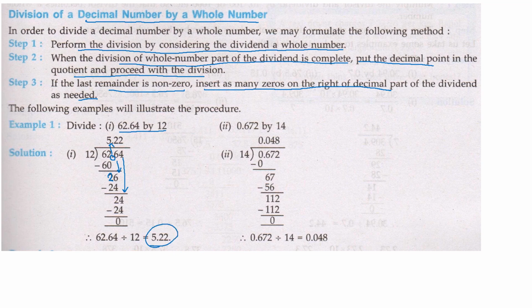One more you see. 0.672 by 14. So 14 divided into 0.672. So the first digit is 0. So how many times will it go? 14 zeros are 0. Now decimal is there. So we will write the decimal in the quotient part. Okay. Then we will copy the next digit, that is 6. But 6 is not going. 14 and 6, how many times is it going? It is going 0 times. So I will copy the next number. If you want to copy the next number immediately, you have to put a 0. This you have to remember, very important.